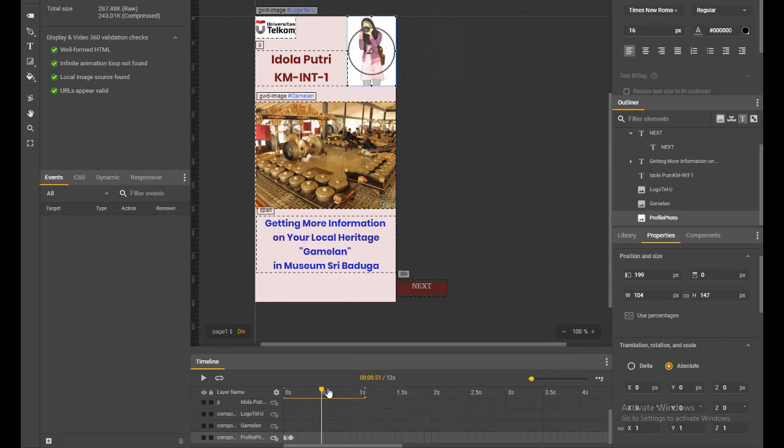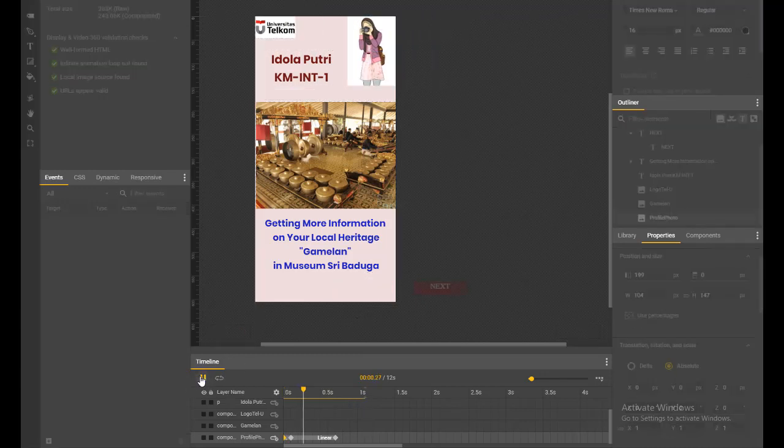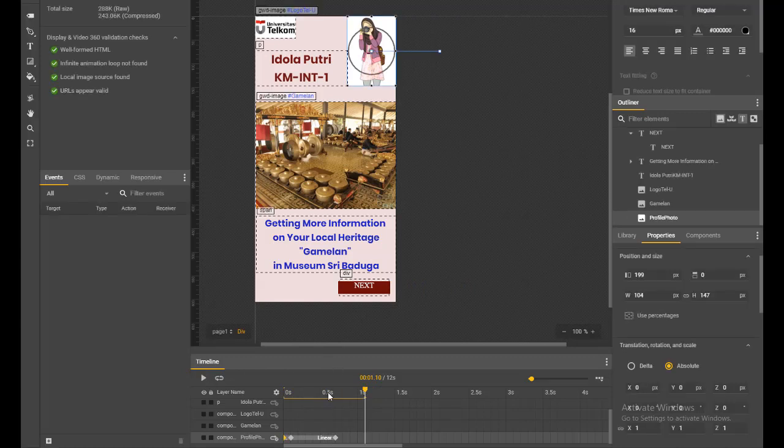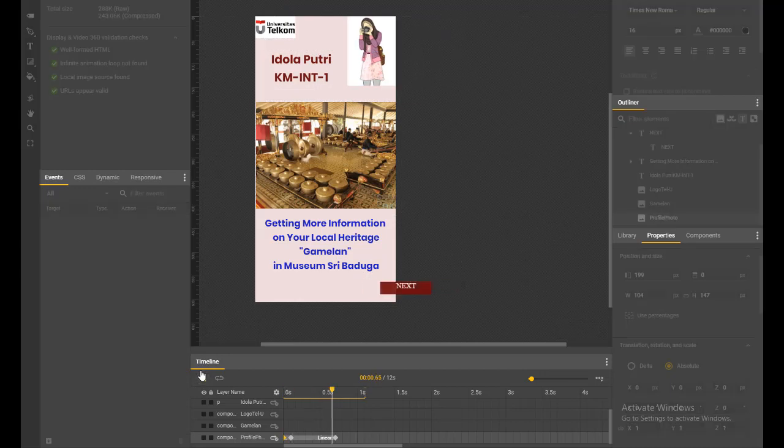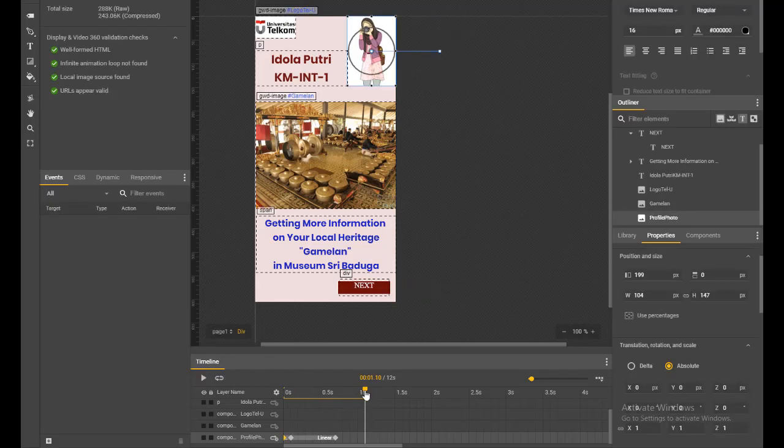Maybe this one: it goes back, put the profile photo, and goes inside. So it's up to your imagination how you go with the animation.